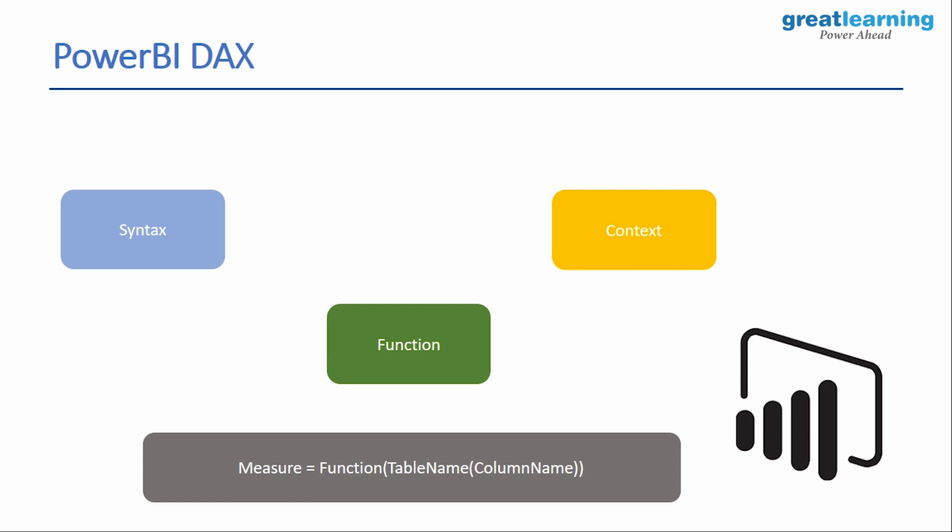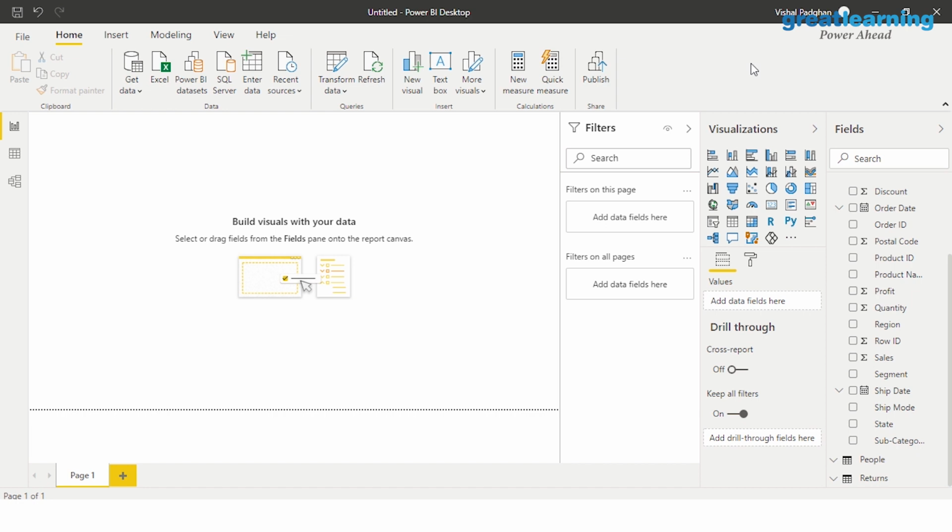Similarly, you have functions and syntax in Power BI DAX. Let us now go ahead and move into the Power BI console and try and understand how DAX functions can be created or how they work. We would be creating quite a lot of visualizations, but that is for later. For now, let's try and understand how Power BI DAX works and what all you can do with it. So to do that, let's assume that we have quite a few measures here, quite a few things that we can work around with.